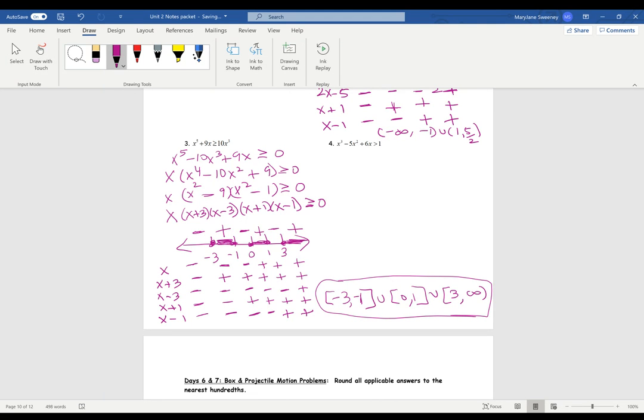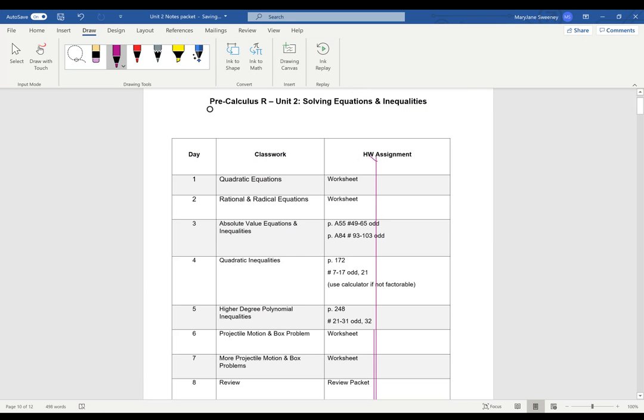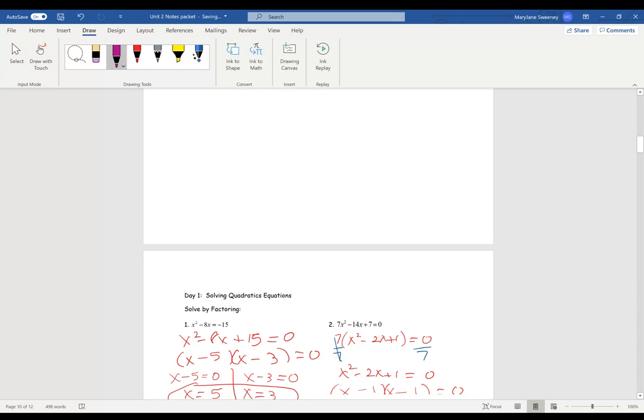Okay, so example 4 is not going to be factorable. So I'll maybe just set it, oops. You know what, actually, never mind. We can do that tomorrow. That is going to be